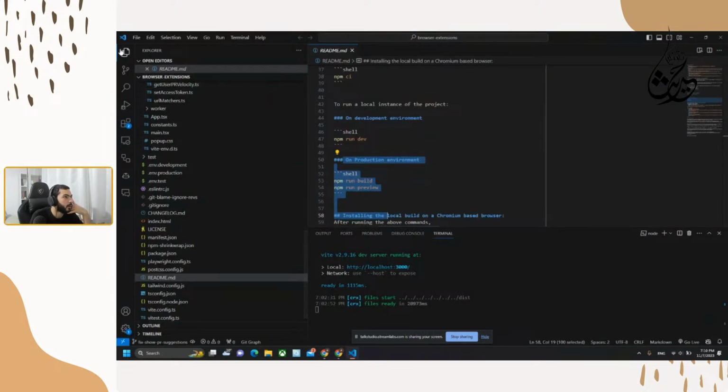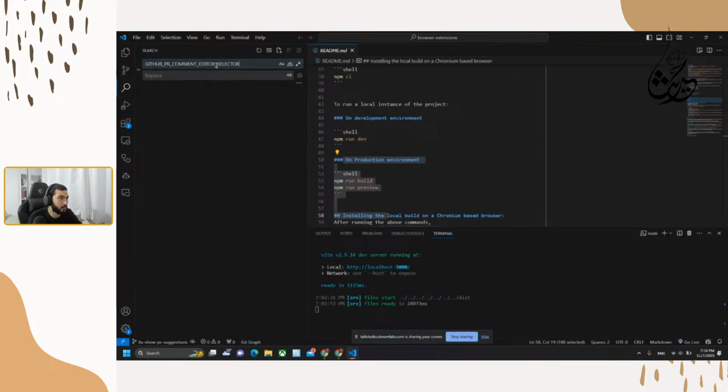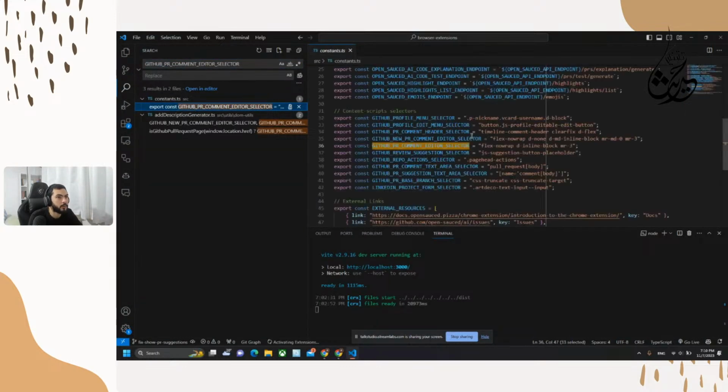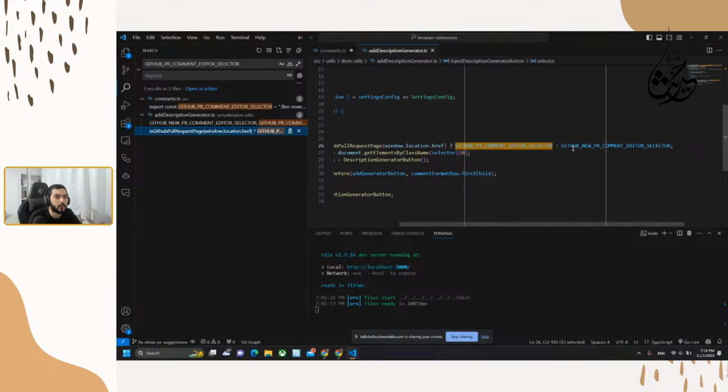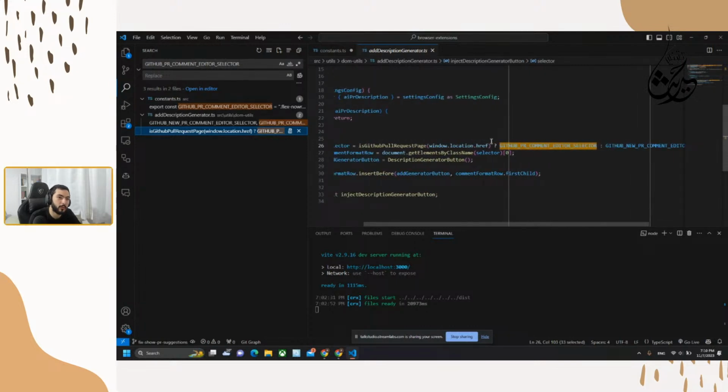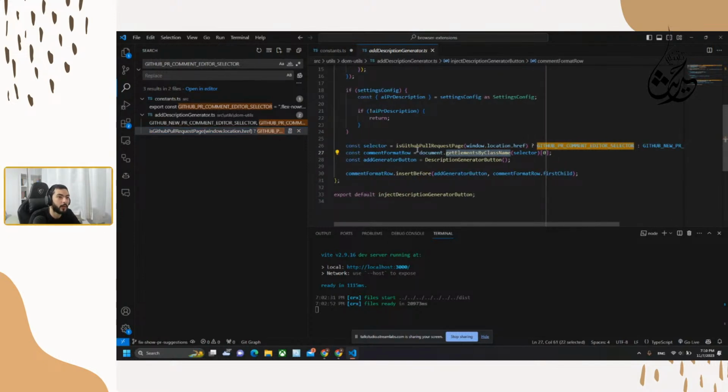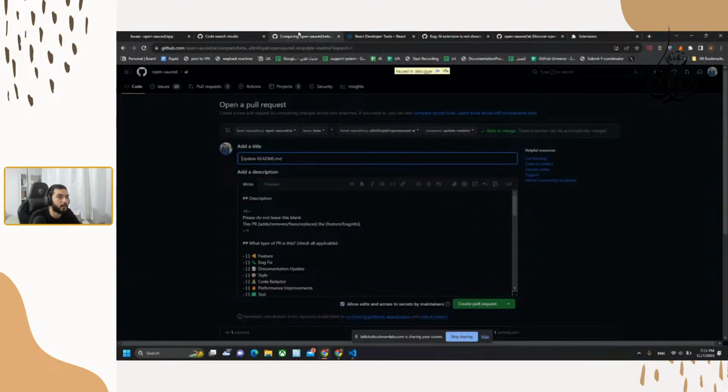Okay, to confirm that, we could just go to the code, constants, and here we need to add those as selectors, which is like the classes. Wait, just want to confirm. Document get element by class name. Oh no, this is working. I was expecting it to be query selector, but we are having it by class name here, and we are having the selector, but we are getting the child, first child,